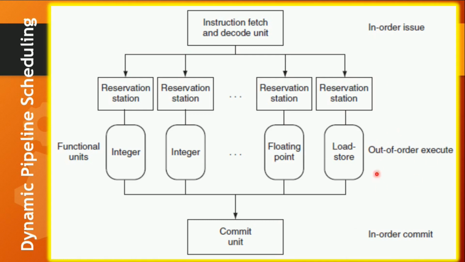Actually, out of order execution has happened, and the data are loaded in some other order. But from the programmer's point of view, they expect the output in the same order as they have written in the code. That is done by the commit unit. So instructions can be executed in a different order, but the results will be available to the programmer in the same order they entered. The commit unit is also used to avoid incorrect speculation. So this is the way dynamic pipeline scheduling happens in the dynamic multiple issue processor.